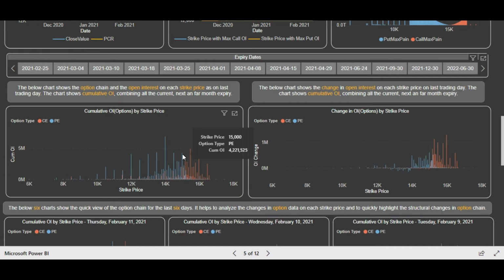So if all the indicators are in harmony or indicating one direction, that means your chances of success are very high if you are taking a particular trade and you are taking a very high probability trade. So you will wait for the price to come near the support level, that is the first support level, suppose 15,000, and you will place your stop loss below 15,000 and you will take the trade. And in this way, when you are trading near the support or resistance levels, your chances of success are very high. So friends, in this way you have to analyze the data.